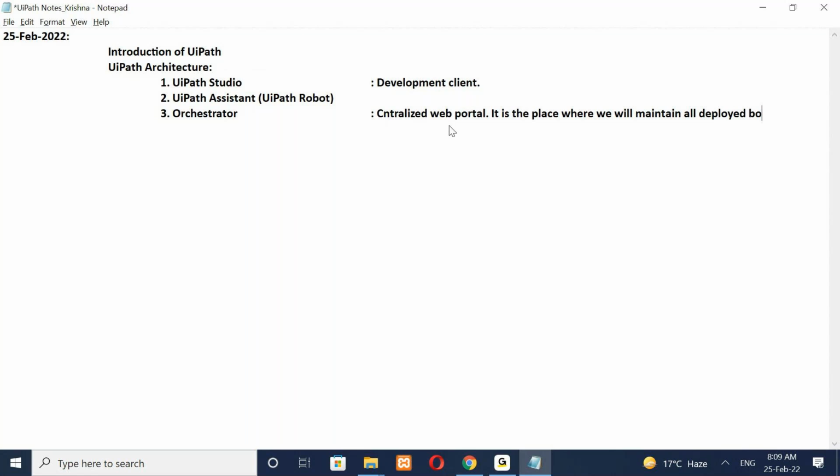How we are going to deploy and configure everything, we are going to see in a separate chapter, in depth. Apart from that, Orchestrator has many functionalities. All that we are going to see. So what all Orchestrator has is